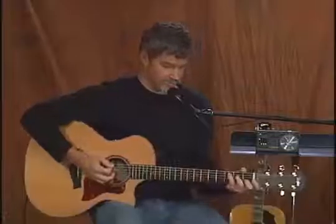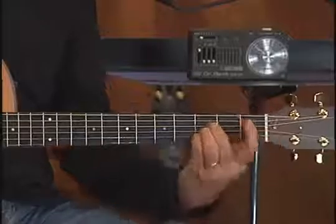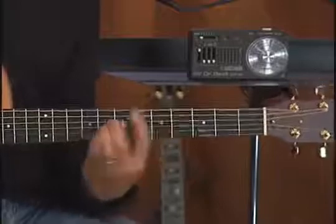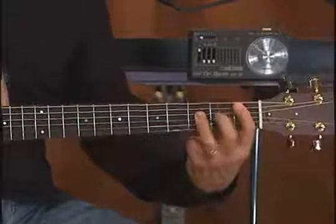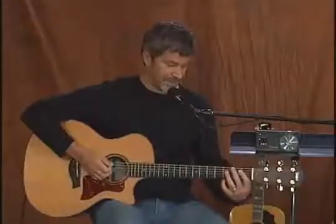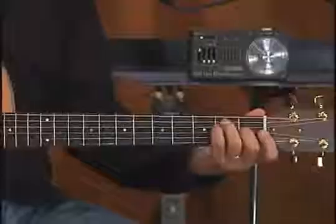Okay, so that's one. Then there's the A shape, where we have an A, and then we move that up, and there's a C, there's a D, there's an E, okay? Except instead of forming it that way, we may just, after a while, get used to using our third finger there. And then the other bar chord, usually the first one that we learn, is this E shape,